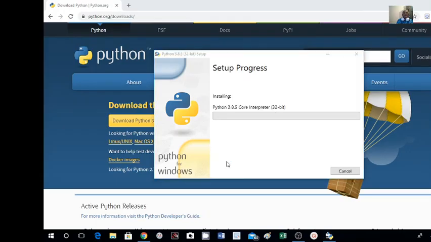It asks, do you want to allow the app to make changes to your device? I will give yes here. It is installing, setup progress. Just wait 1 to 3 minutes.